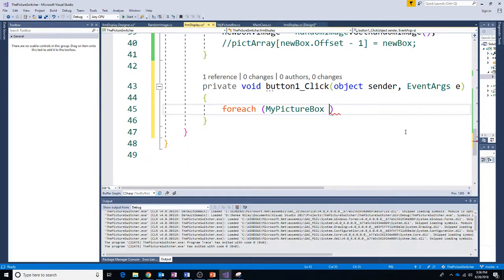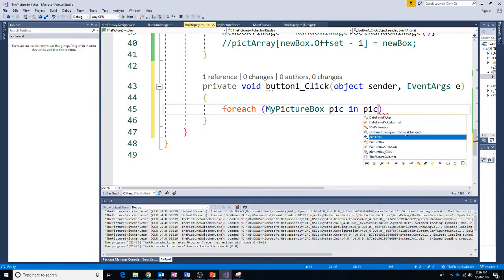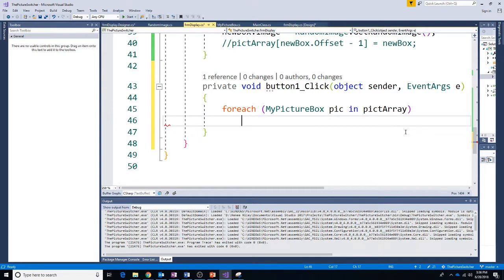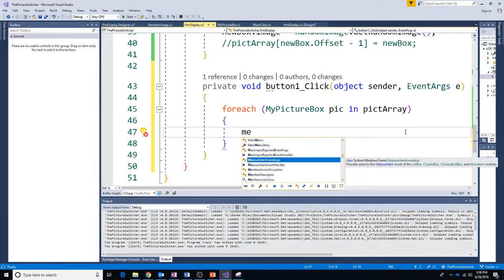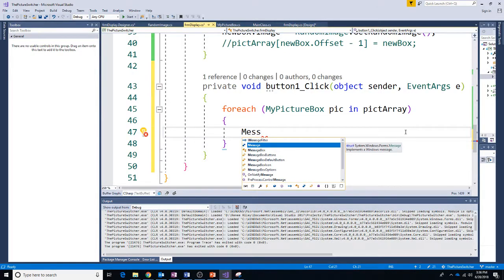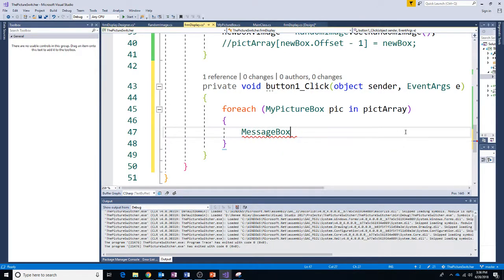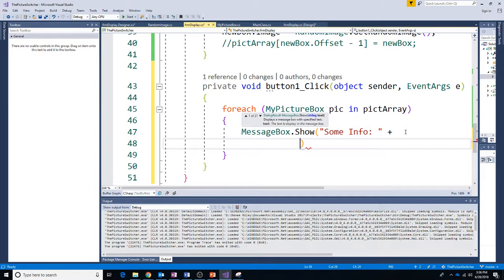Each of the items in there are my picture box objects. Hopefully this will help us solve that earlier problem. Now for each of those in our array, I want to output a message box. And I'm going to just say, here's some info. I want the pic's name